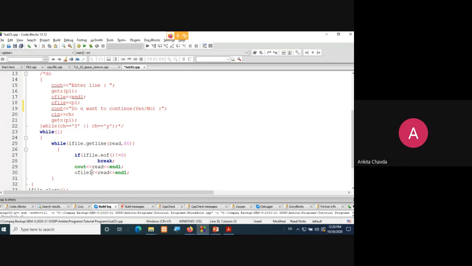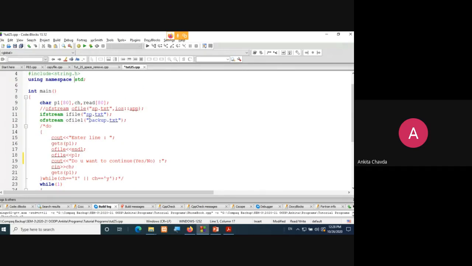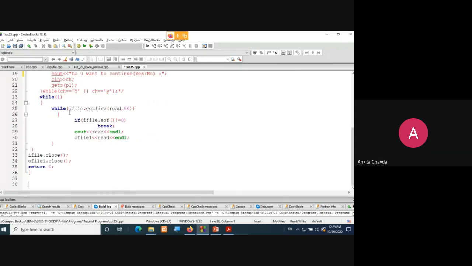That is ofile1, the object I have taken for the backup.txt file, right? So I'll read from sp.txt and I'll write the data into backup.txt. I'll read via ifile object and I'll write via ofile1 object because I want to write into that. Fine. So this is what we are doing.